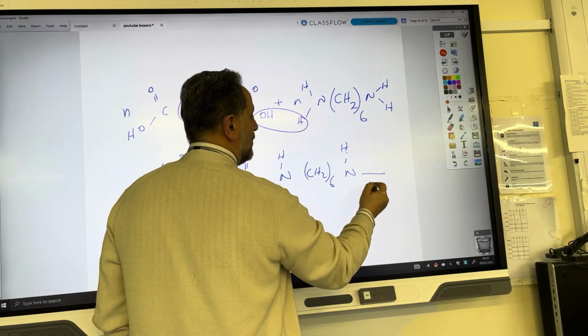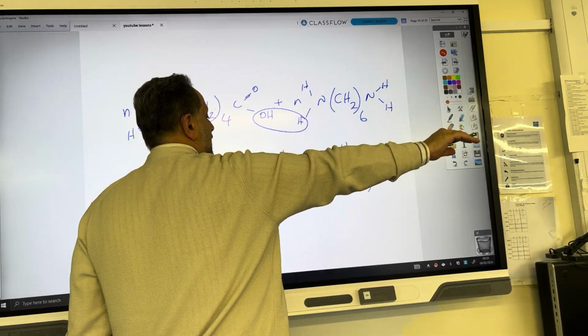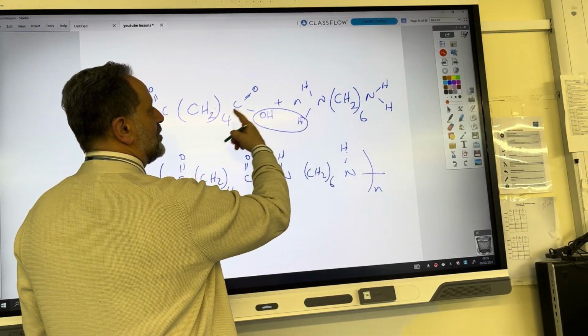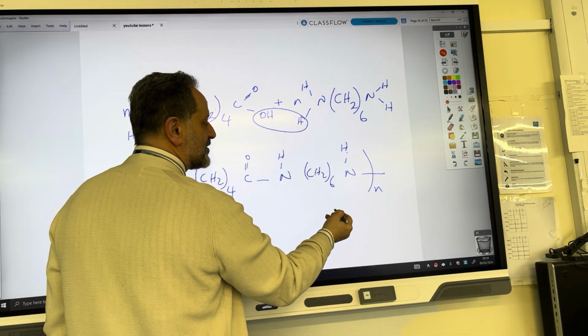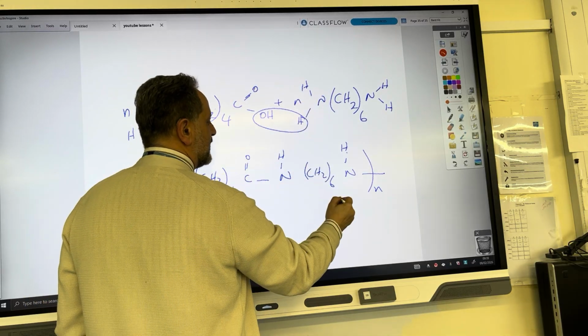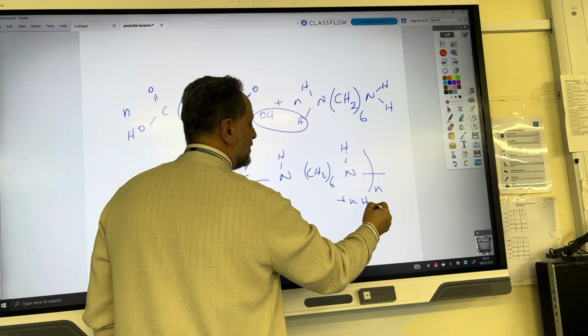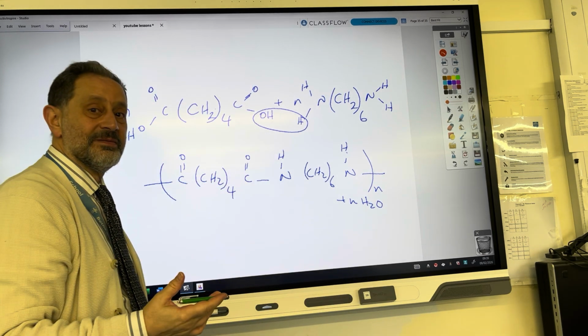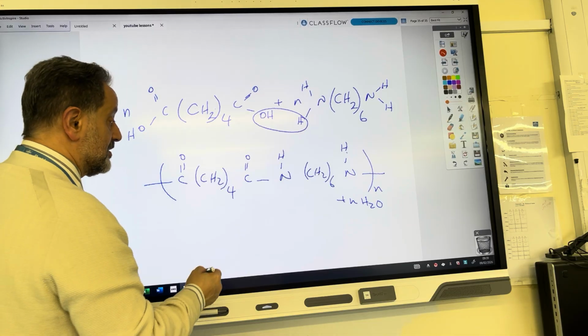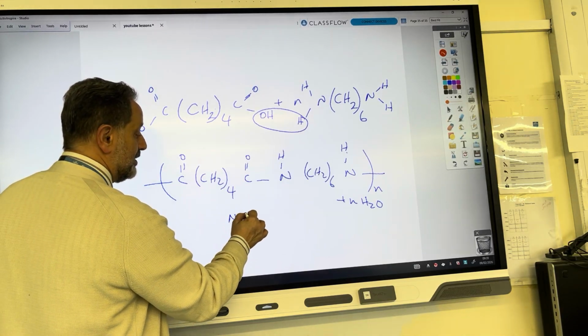Hydrogen. You take the H out, put n on the other side. And every time these two come together, a water molecule is lost, isn't it? So if n number of these react with n number of that, then n number of water molecules are lost. And this is the repeat unit for nylon